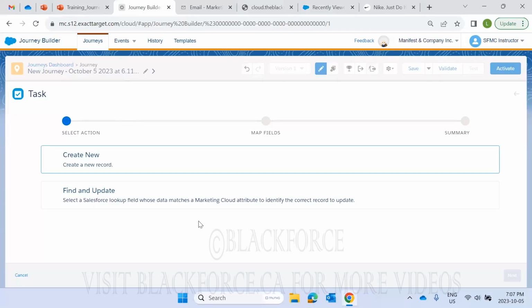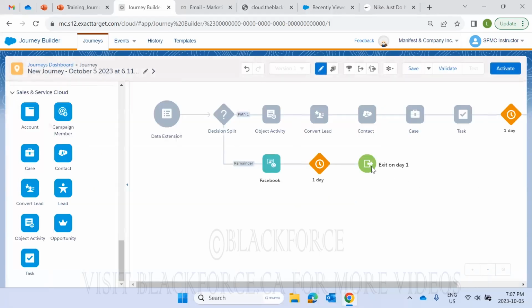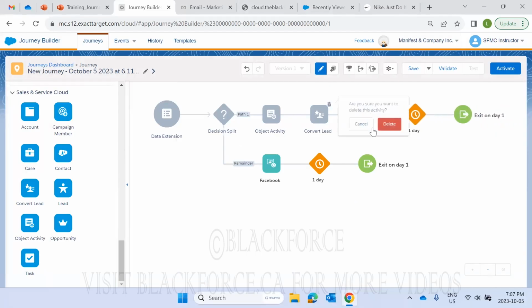So let's say someone goes through the journey and then you want to assign a task to the record owner. So let's say Robert was the record owner. As soon as people go through this journey, if any of the records belong to Robert,